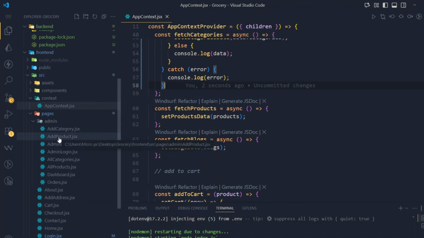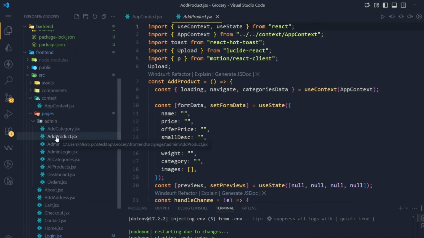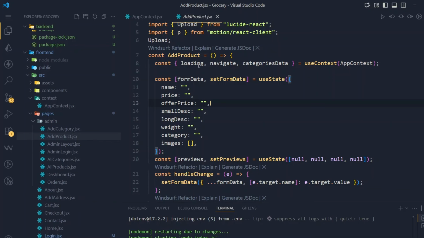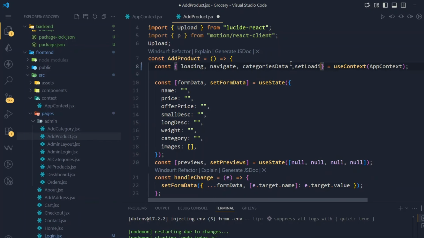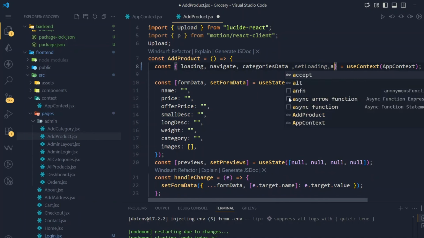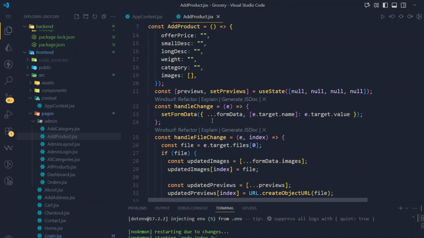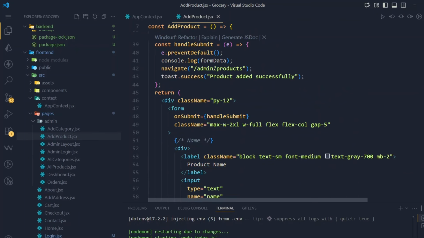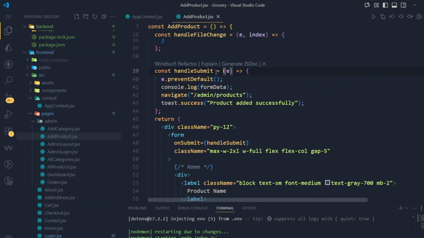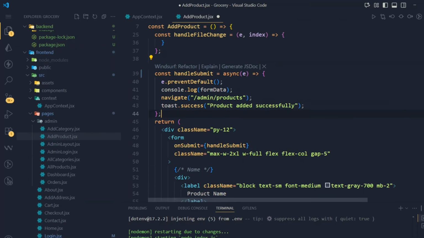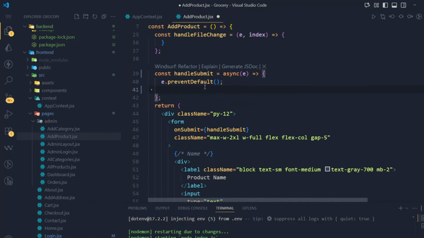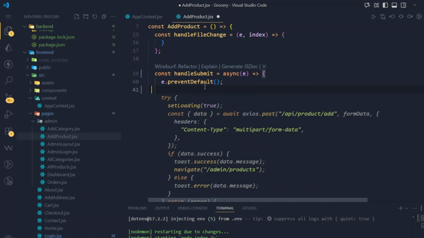So for that we will use addProduct inside this admin folder, and here you can see loading, and we will use setLoading, like this. We will use axios also to call our API. Okay, this is done, and this is our handleSubmit. Make it async, like this. This is our async, and we will delete all these, and we will use e.preventDefault. After that we will use const